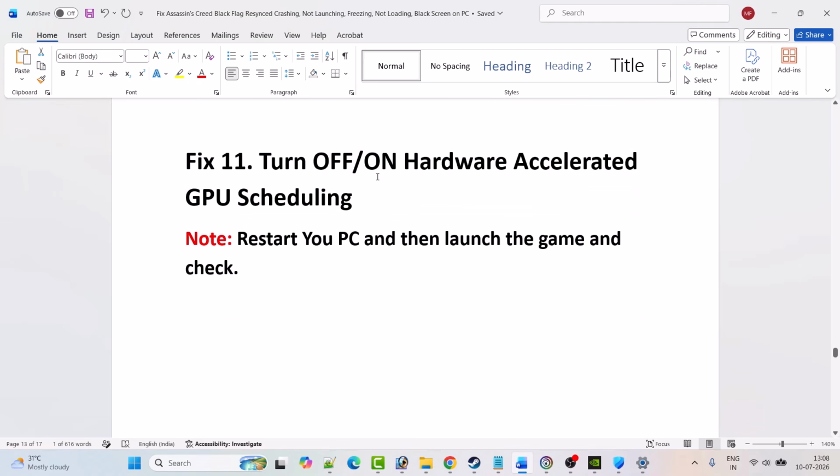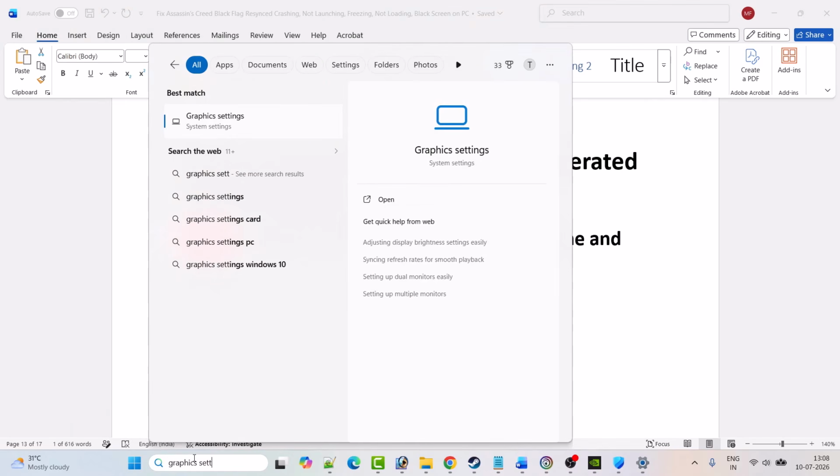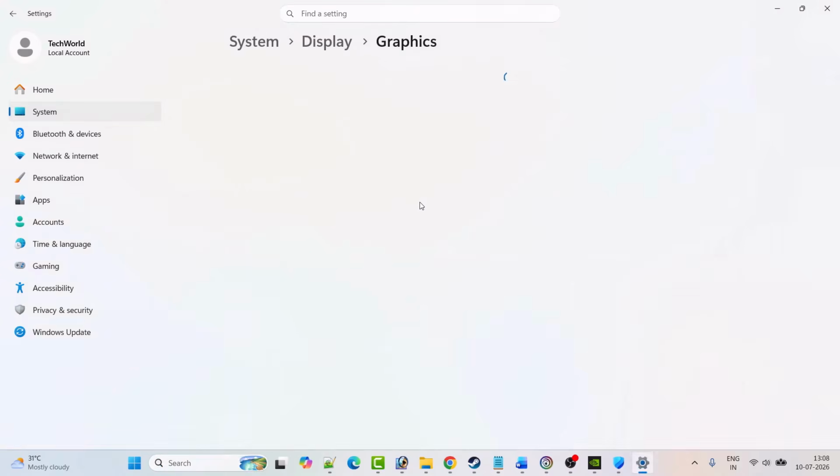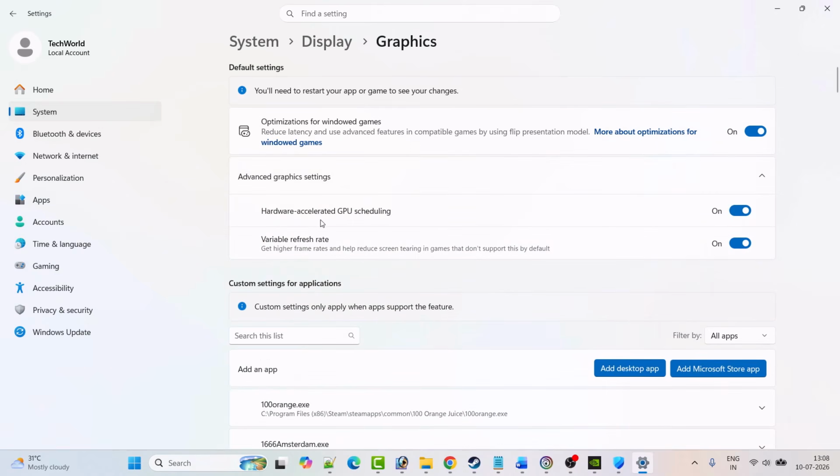Fix 11 is to turn off or turn on hardware accelerated GPU scheduling, and you have to restart your PC and then launch the game and check. So in Windows search, type graphics settings and open the graphics settings. Expand advanced graphics settings, and here you will see hardware accelerated GPU scheduling. If it is turned on, then turn it off and then just restart your PC. And after your PC restarts, then you can go ahead and launch the game and check. And if it is turned off, then turn it on and then again restart your PC and then launch the